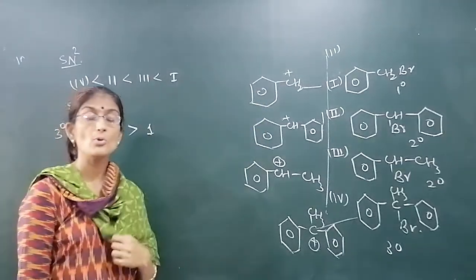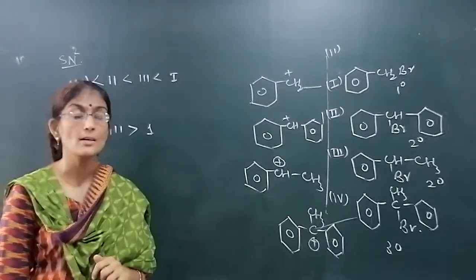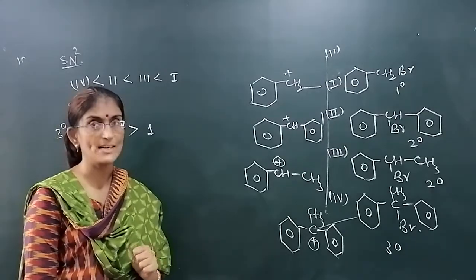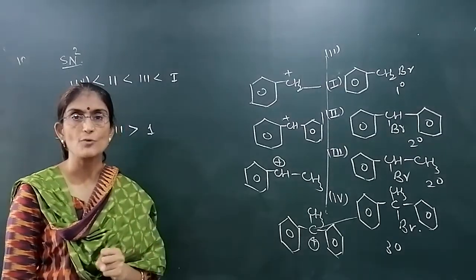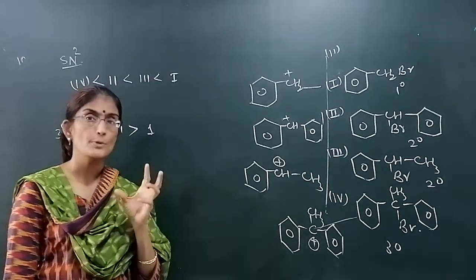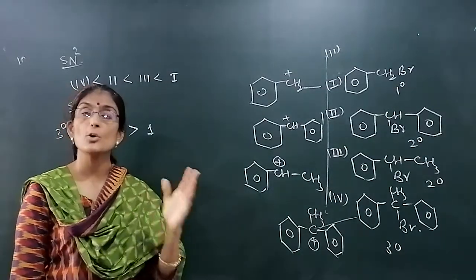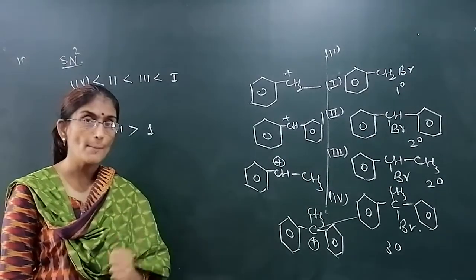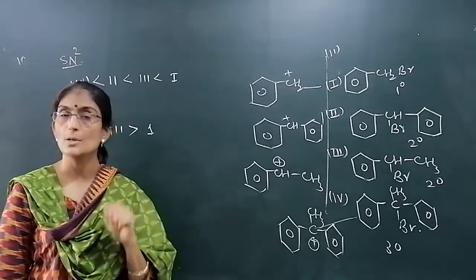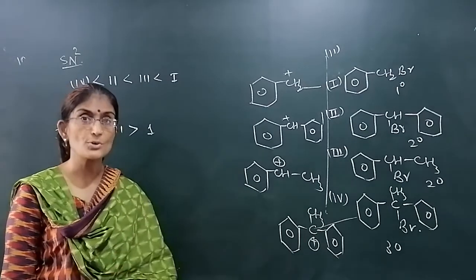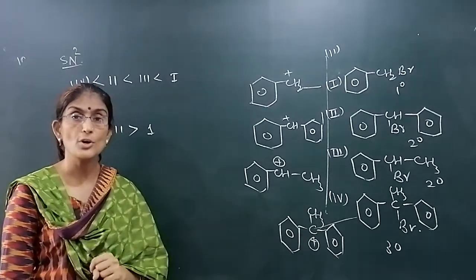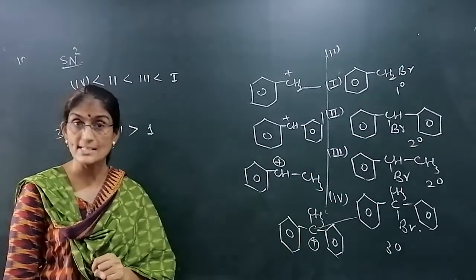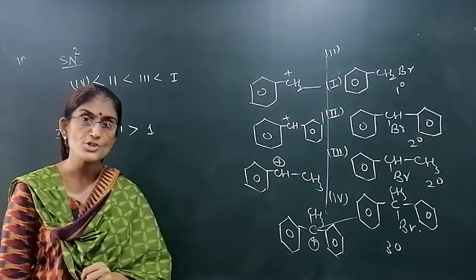So if you want to find out the reactivity for SN2 and SN1, then we have to look at the stability of carbocation for SN1 and the steric hindrance factor for SN2. I hope you can now differentiate which will undergo SN1 faster and which will undergo SN2 faster. Both are very important mechanisms. Just go through it, prepare your notes and solve the questions given at the back of your chapter. Okay, beta? In the next video we will do the next type of reaction, and that is the elimination reaction.